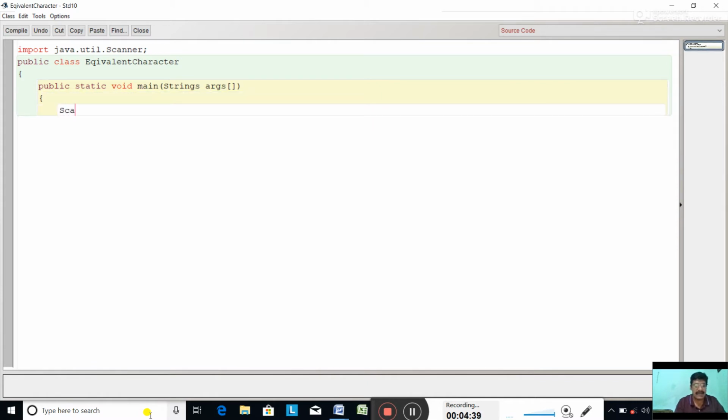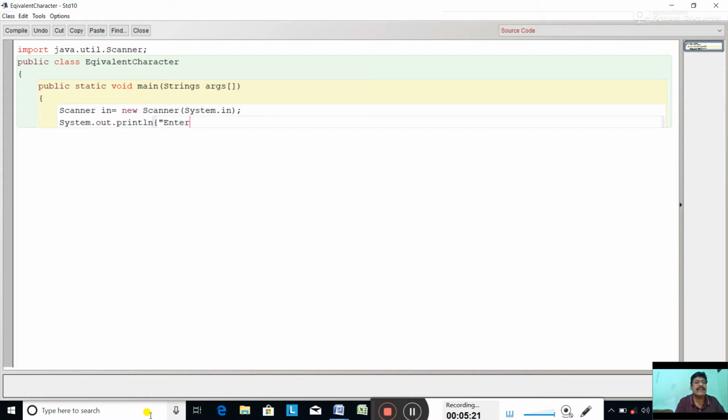Now the scanner object: Scanner in equal to new Scanner(System.in). Close it. Now System.out.println enter a letter.